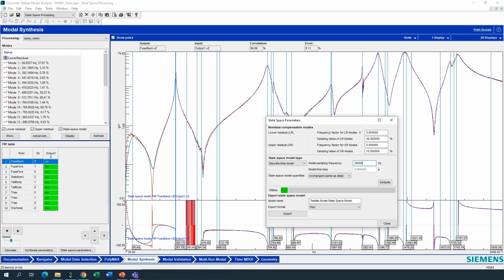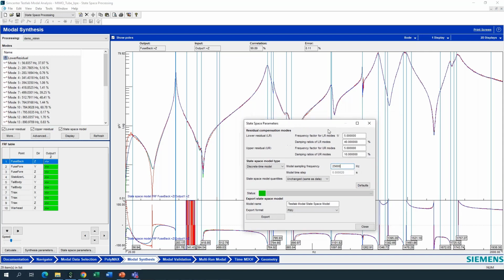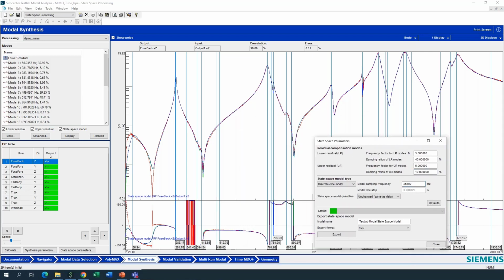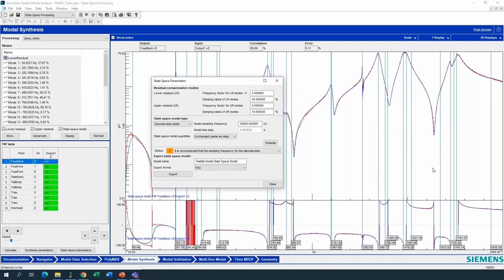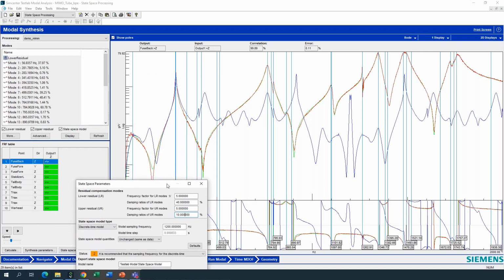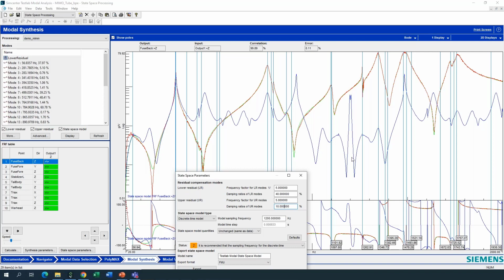Let's check if we take a lower one, 25,600, whether we still have a good model. That seems to be the case, the blue curve did not change too much. We get a warning though that we are a bit low. But it's interesting to see the effect of sampling. If you're really exaggerating and taking the sampling frequency in the frequency range of interest, for instance maybe 1200 Hertz, you will see that we get a very bad model. You even see the aliasing around 1200 Hertz. The model is mirrored around that frequency, and it's completely not representative for the data.